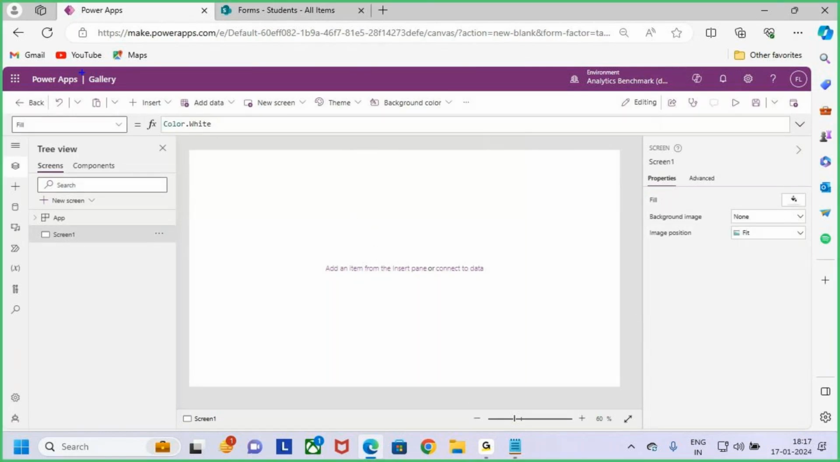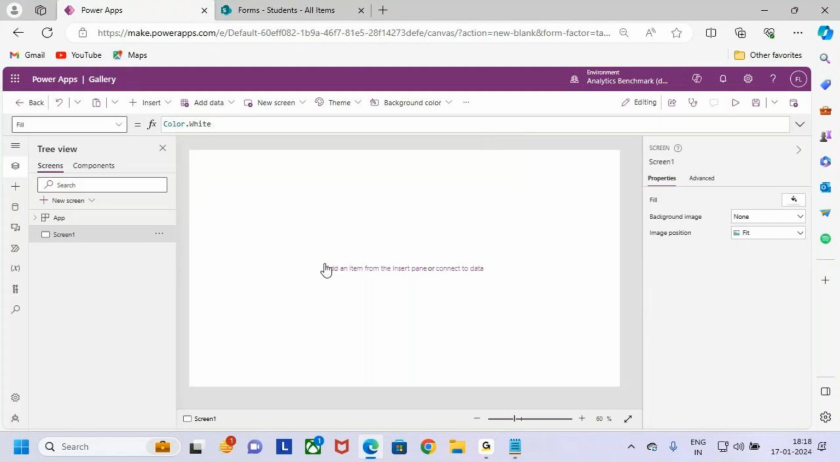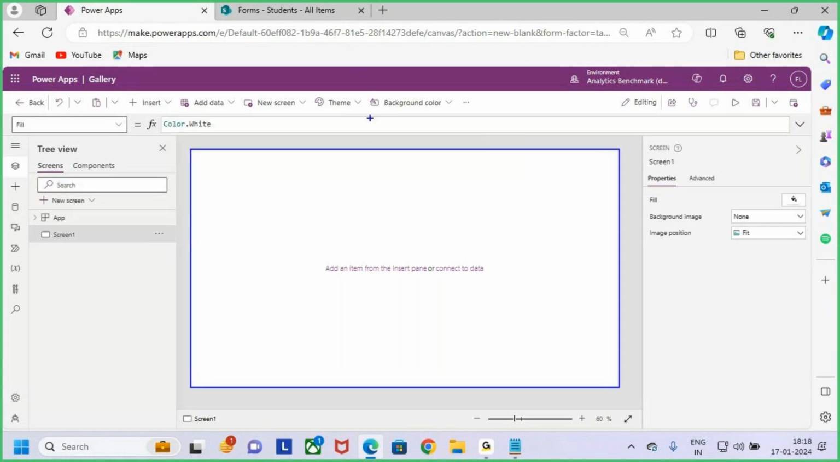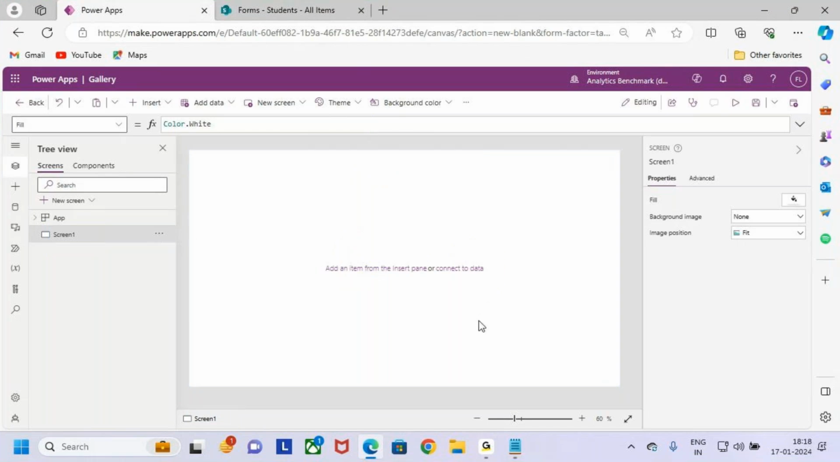If you see on the top, the app I just created is named gallery. Now this is the tablet layout. This is the canvas, or we'll call it a screen. This is my screen one. Now here, let me show you how to create a gallery and how to display this data